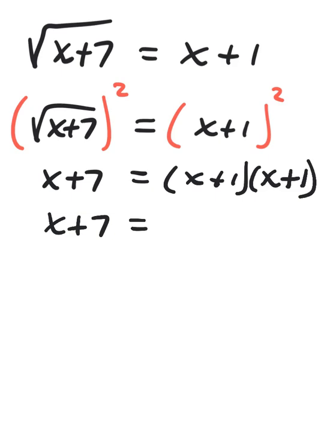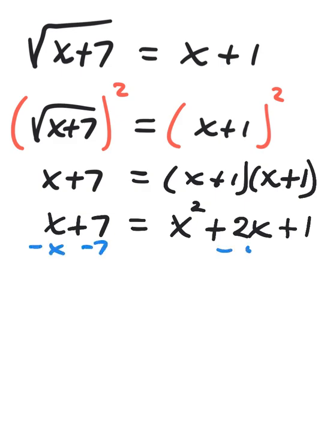FOIL method and combining the outer and inner parts, you're going to get x squared plus 1x plus 1x plus 1. First, outer, inner, and last. We do need to collect all terms on one side because this is called a quadratic equation when you have a dominant power of 2. So far, all we've solved are linear, but this one, we have an x squared term show up, so we're going to have to use a different method